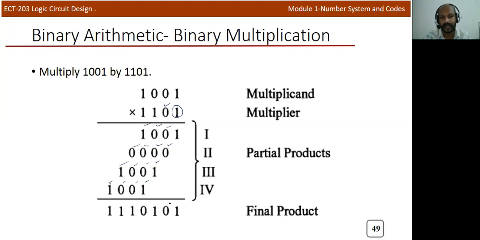So for that we need to consider binary addition, not decimal addition. So exactly 1 will be here. Now 0 plus 0 is 0. 0 plus 0 plus 1 will be 1. Here it is 1 0. 1 plus 0 is 1. Again 1 plus 0 is 1. Now it is 1 plus 1. So 1 plus 1 means 1 0 actually. So there will be 1 carry. Okay, you will get a 1 carry here. So 1 plus 0 is 1, again 1, again 1, and finally it is 1. Okay, there is no carry. Then 1 plus 0 is 1, and finally 1. So this will be the final multiplied answer.